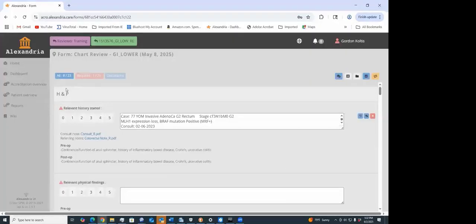And I have already put in some comments. So this opens up the score sheet and also gives you access to the actual records. Now, there's a couple different ways you can get into the records. If you take a look here underneath, under H&P, we're going to look at the consult PDF, and there's also